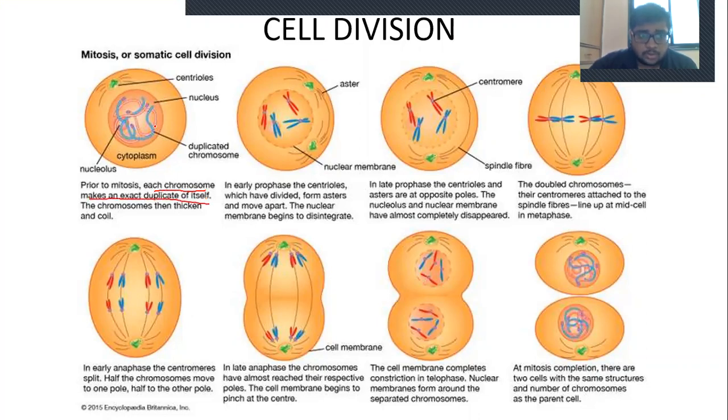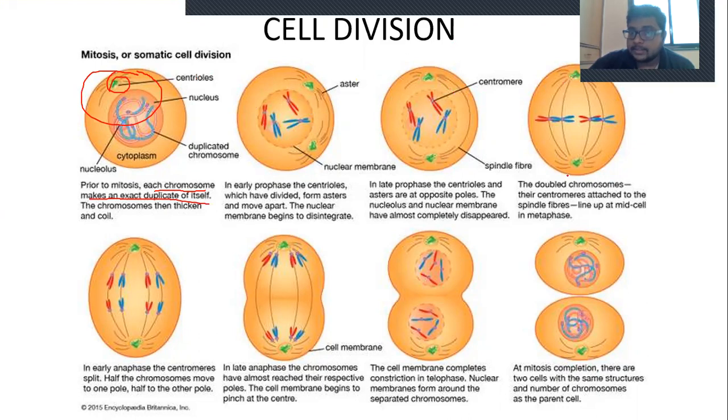Chromosomes are inside the nucleus, and they duplicate first. That is, they make doubles. Afterwards, there is a stage where the centriole gets divided into two. And the nuclear membrane is then disintegrated. After the disintegration, the centrioles go in opposite directions.